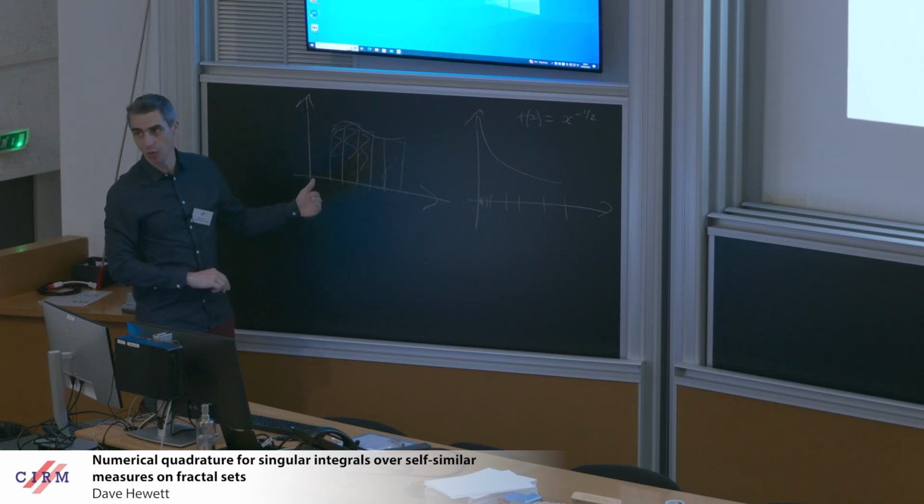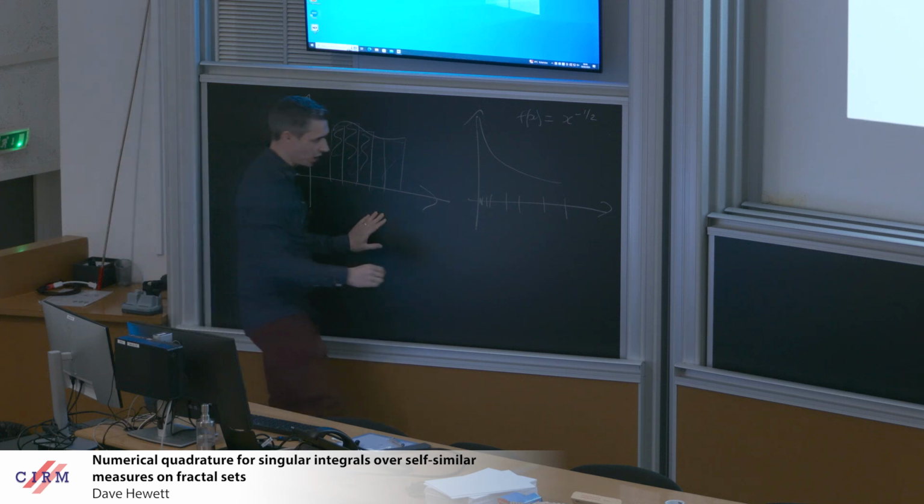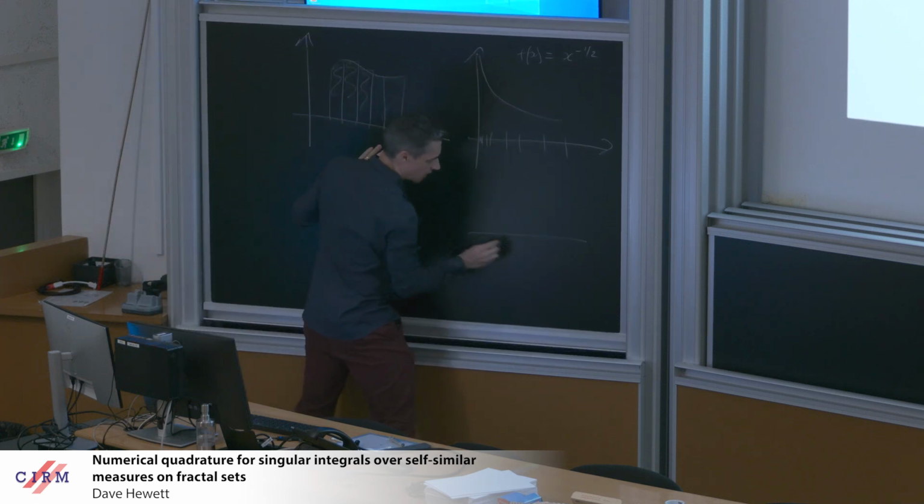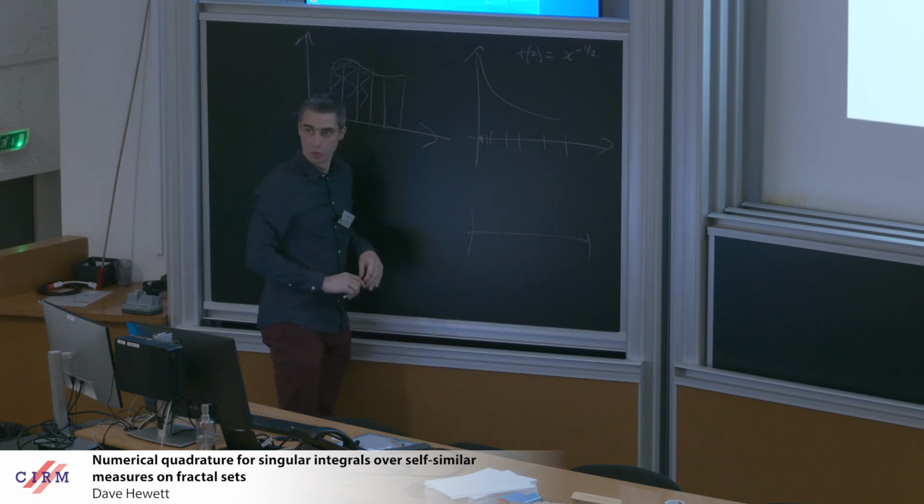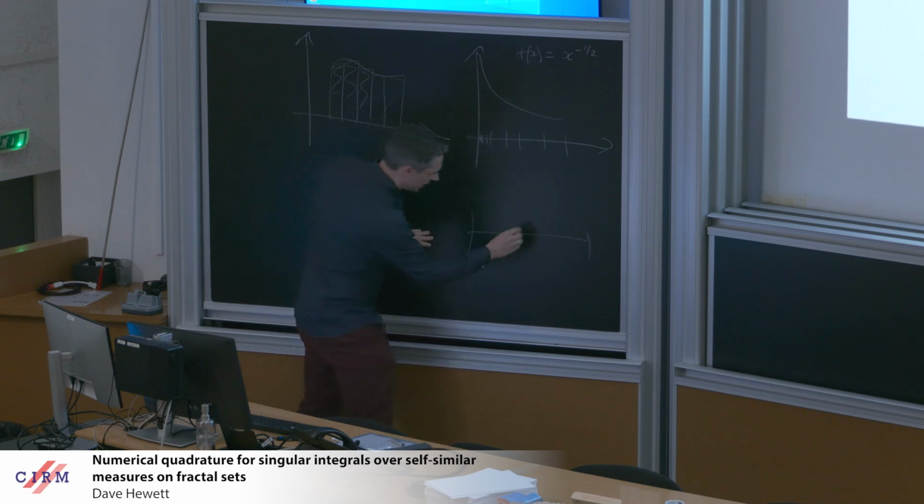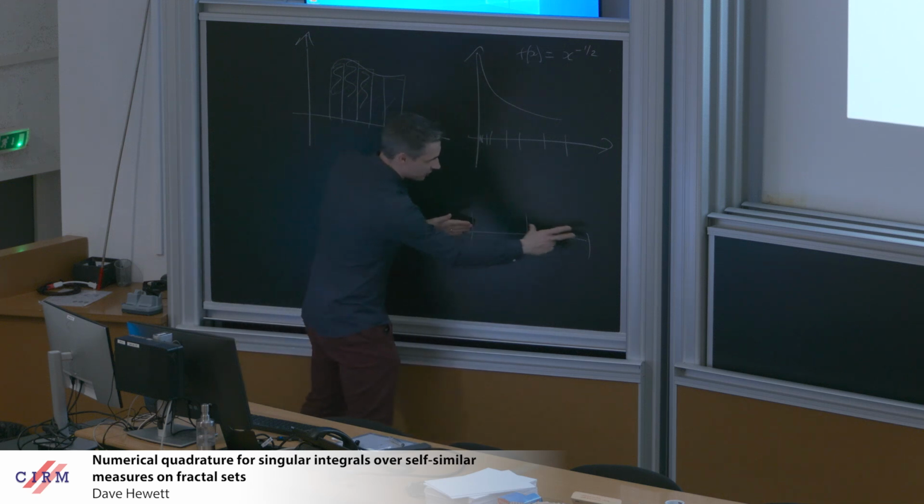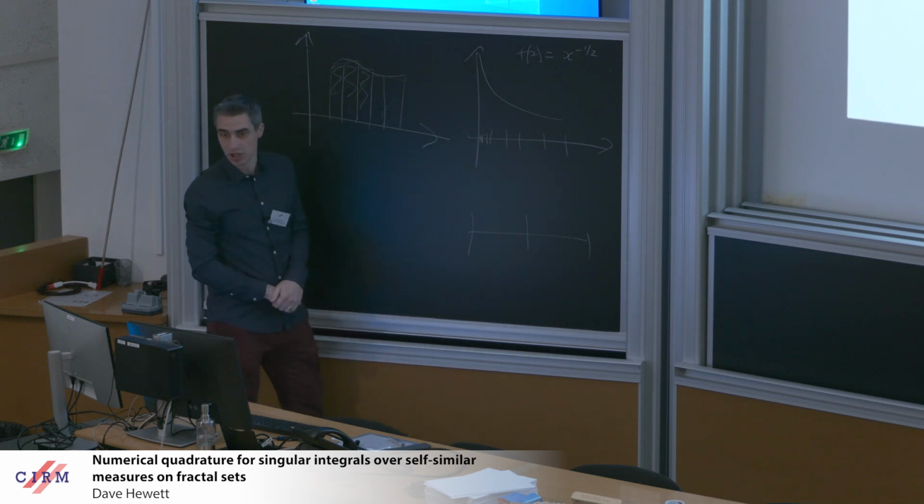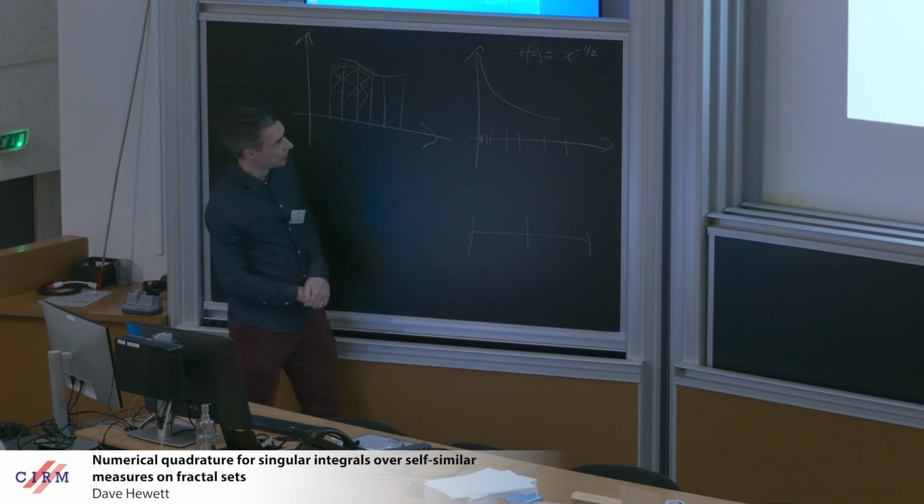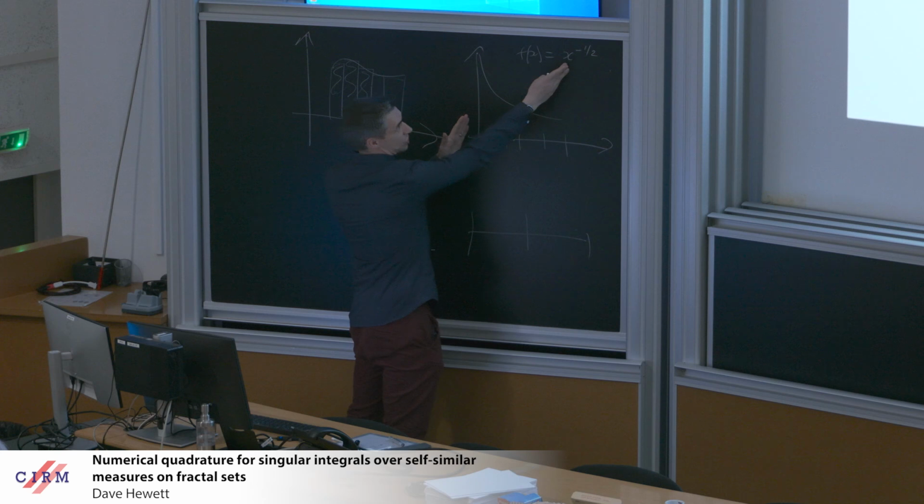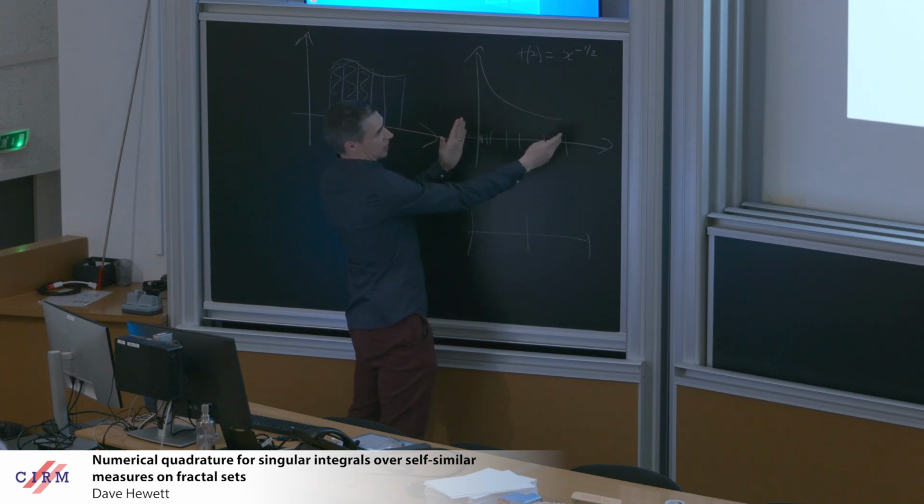But actually there are other ways which generalize quite nicely to these fractal sets. And they involve recognizing that this interval 0, 1 is actually self-similar and you can break it into two pieces. And they're both similar to the original interval. And it turns out you can write integrals like this over this interval,